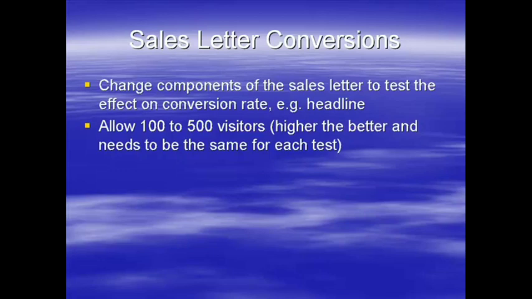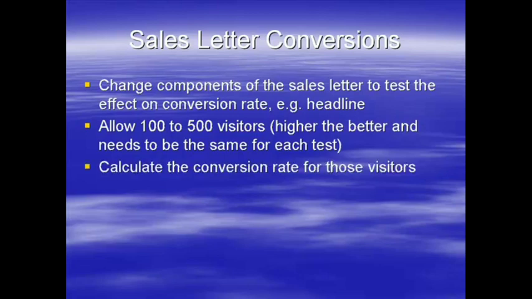So if in your first test you do 300 visitors, every test you want roughly 300 visitors, give or take a very small percentage, and you work out the conversion rate for every single test. So each time you drive 300 visitors or 500 visitors, whatever it might be, you calculate the conversion rate for that number of visitors, no others,